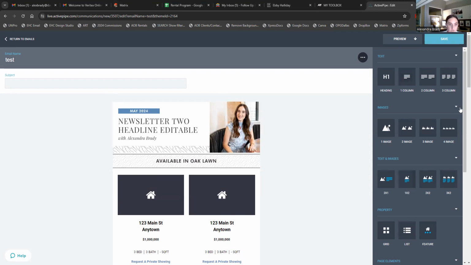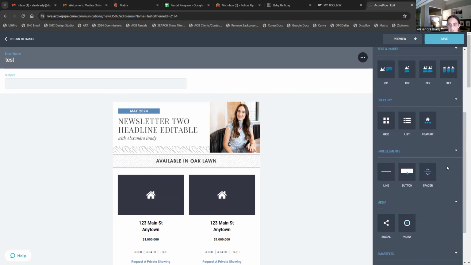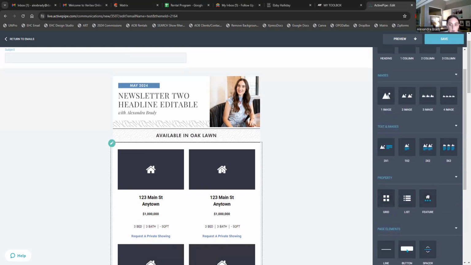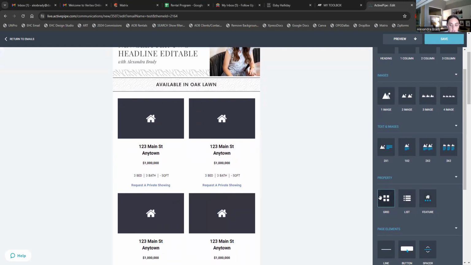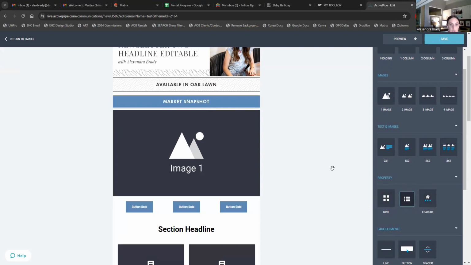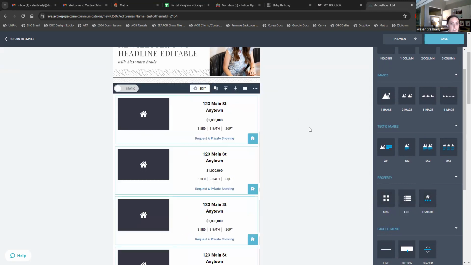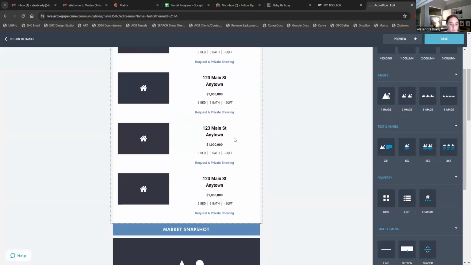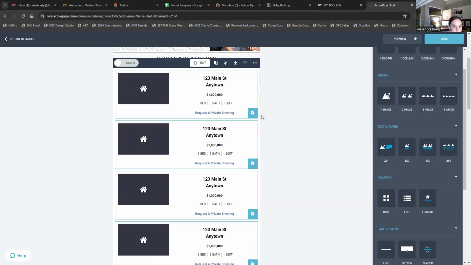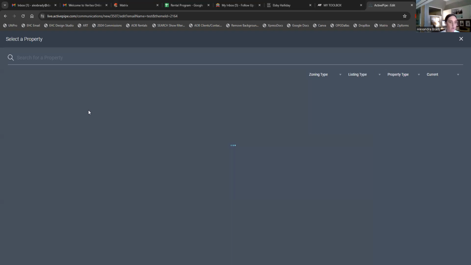All of the icons you see here on the right-hand side are how you build things out. For instance, there is this property section. So right here is the grid. This is a grid, but if you didn't want to do grid style, you could do list style, and then you'll have them featured like that. The way you drop in a property is you hover over it and then you click the house,